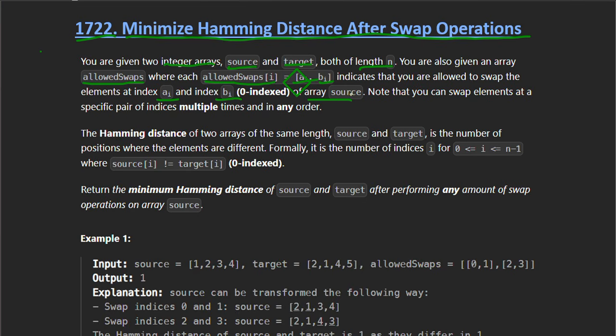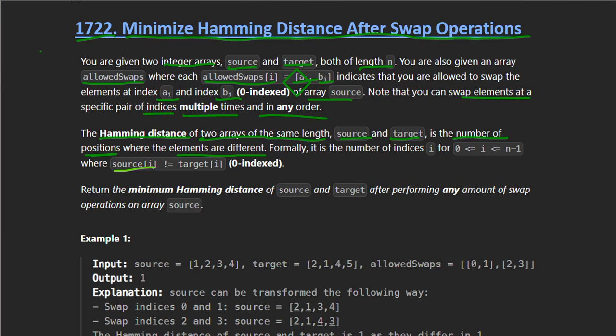And we can swap those elements at those particular indexes multiple times and in any order we want, right? And the Hamming distance of two arrays of the same length, that is source and target, is basically the number of positions where the elements are different.